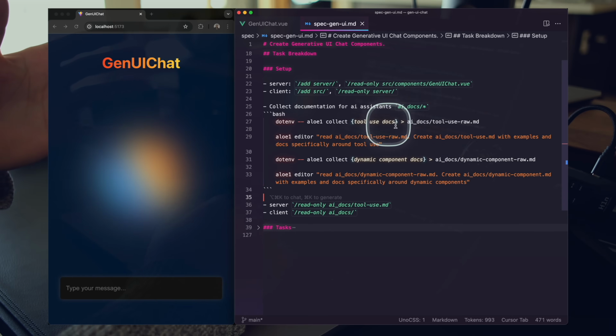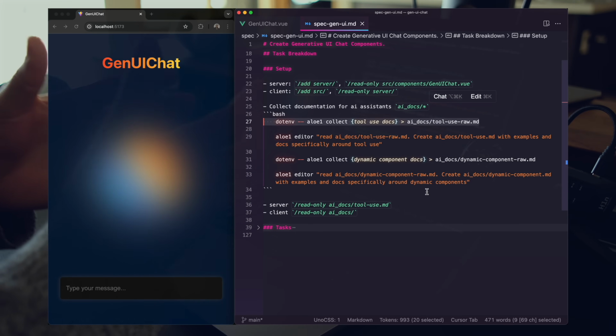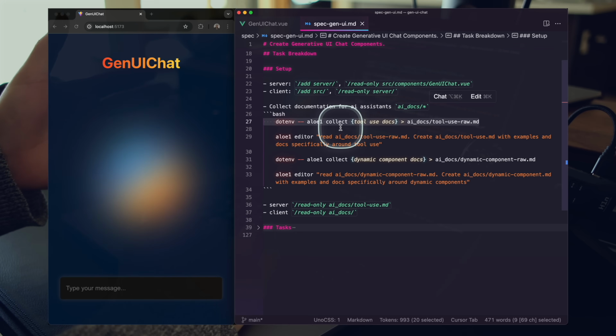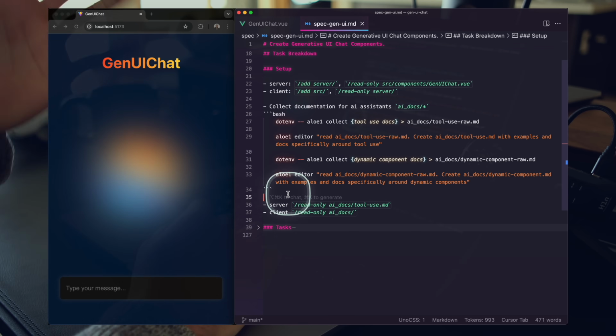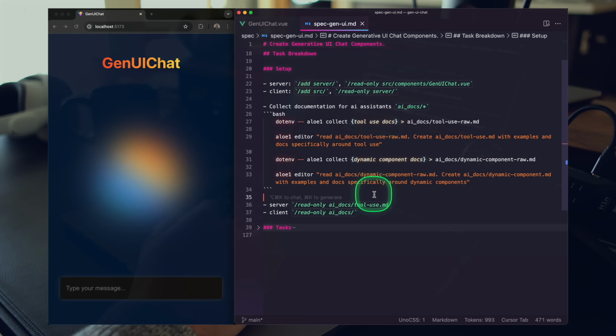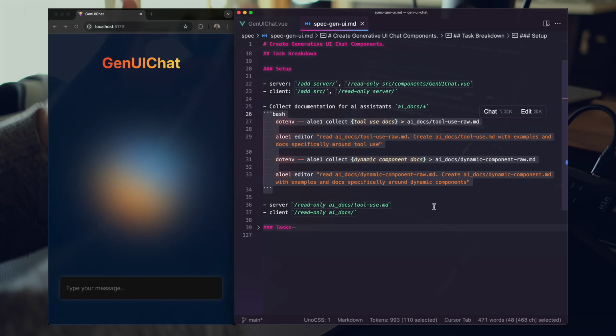Documentation collection is a common pattern when you're integrating with third-party applications, so much so that I've built out a tool to help me collect information. I highly recommend you set something like this up. Gathering documentation and having it local on your device means that you can pass in the context into your AI